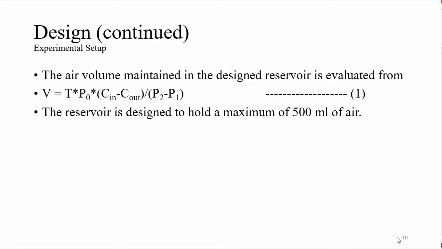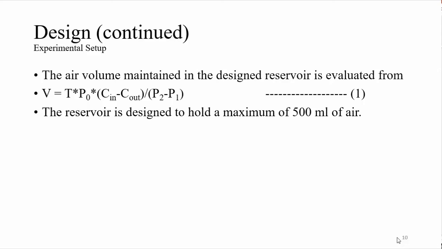That is when your systole happens, the diastole happens. This is your capacity of the inflow and the outflow. This is the pressure. We are using a 260 psi air compressor. So P2 minus P1 is going to be 260, and this is your inflow and the outflow rate. We used around a 2 liter per minute air compressor. So C in minus C out becomes